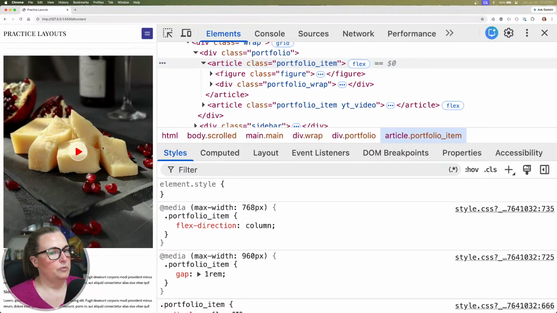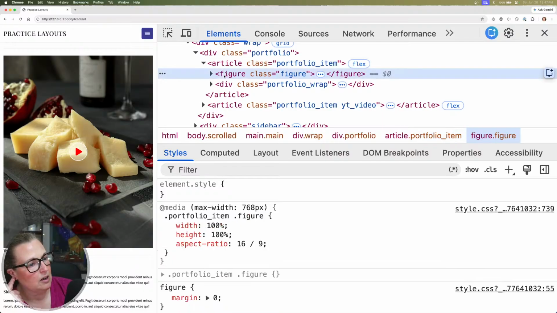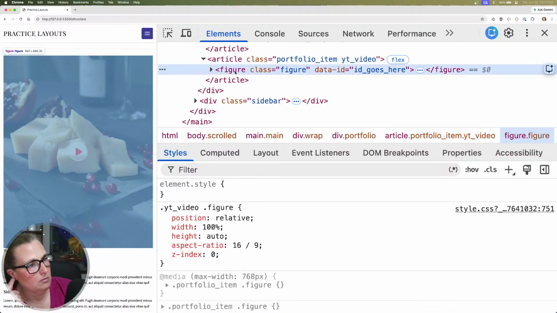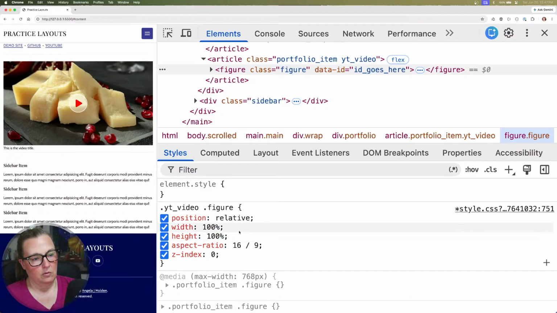Yeah, we have to do this here as well. I think it's because I changed the flex direction to column. It flips the aspect ratio, which means I have to give it a height of 100% instead of auto. This is what I'm learning. So if I give this 100% also,